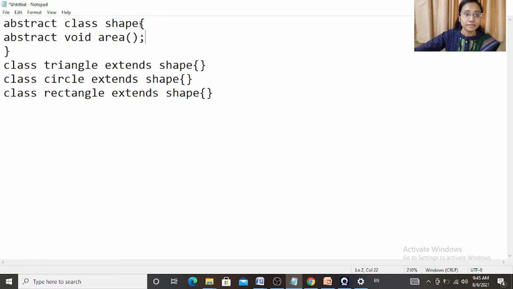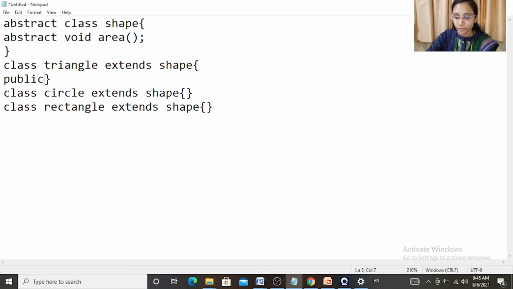This is an abstract method and I have to override this abstract method in all the three subclasses. So I will write that method here, that is public void area. Now I will write this method in all the three subclasses.